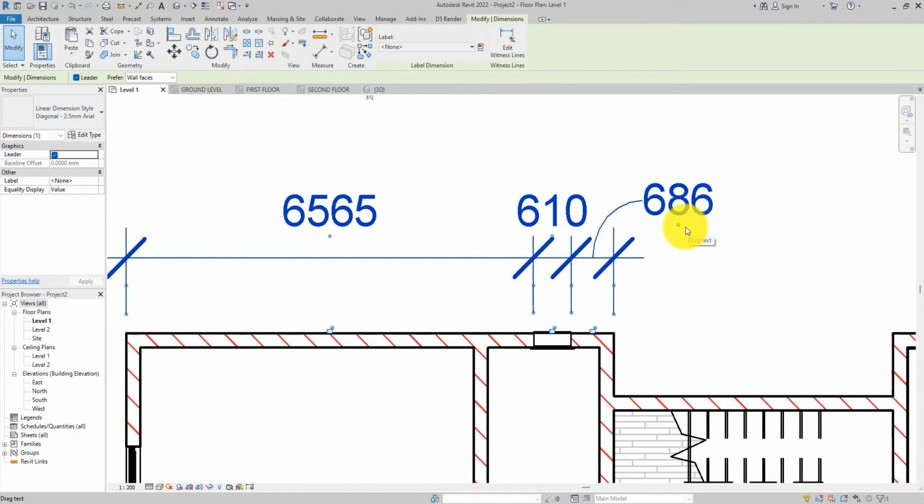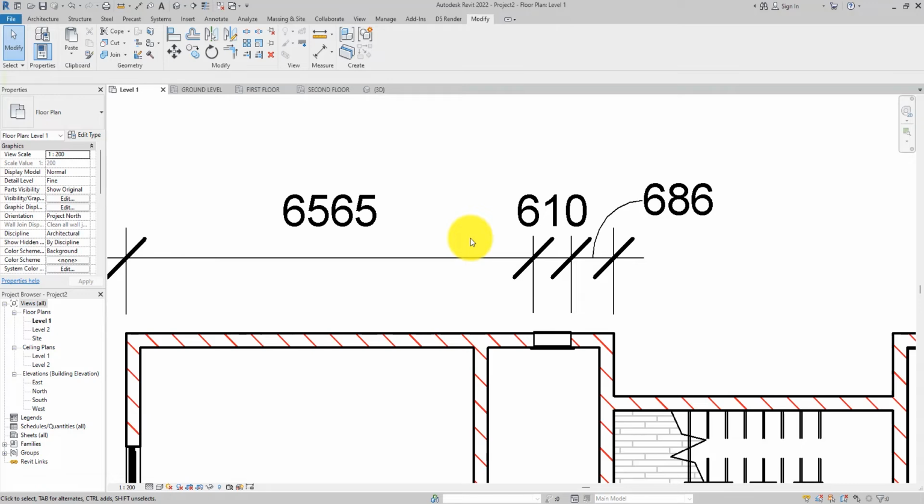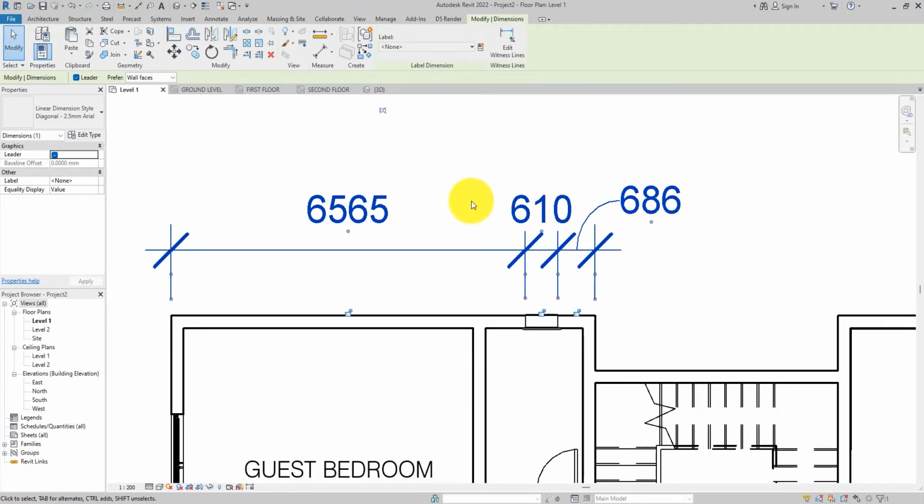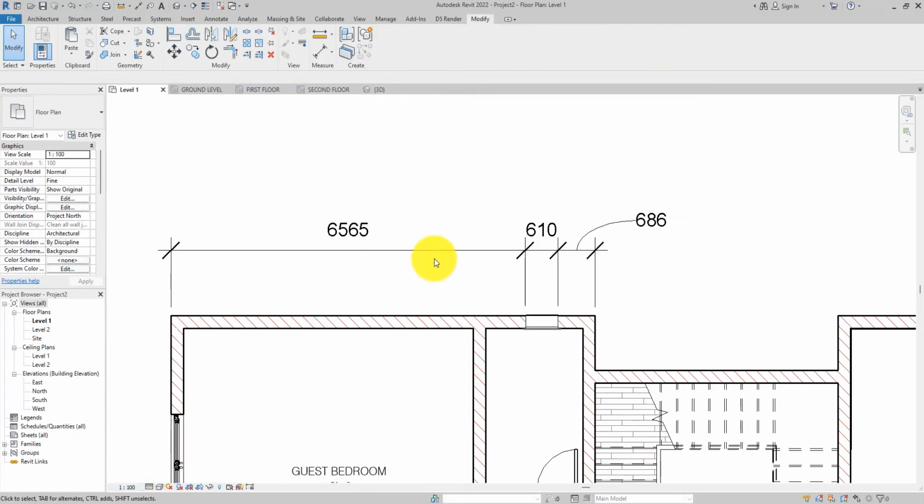what you want to do is make the dimensions fit the scale that you have changed the drawing to. You don't want to keep dragging these things around, because if you keep dragging, it's going to run you mad. So what you need to do first is adjust the dimension to the scale of the drawings. But then let's take this drawing back to 1:100, and then